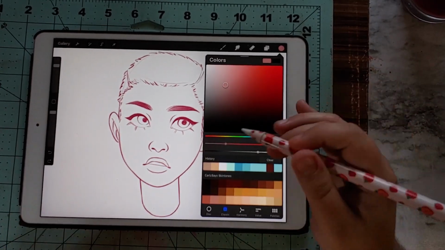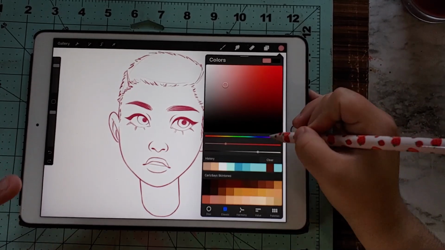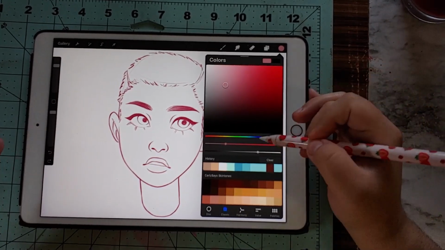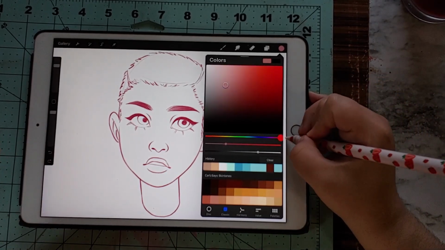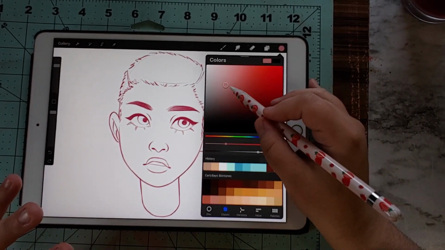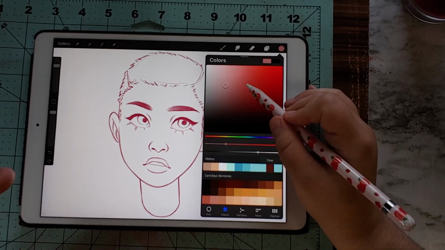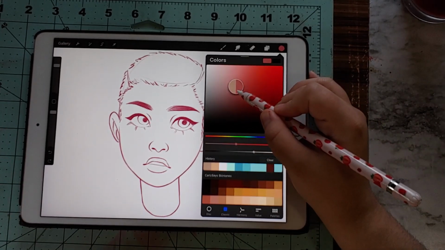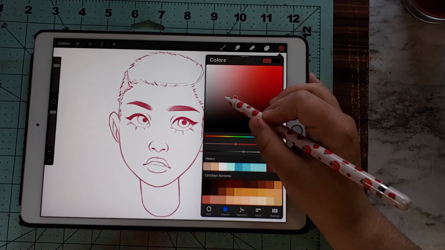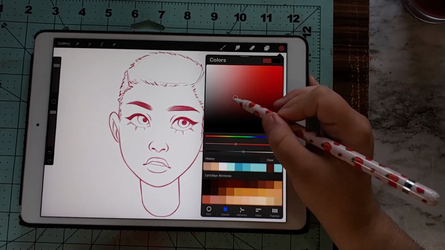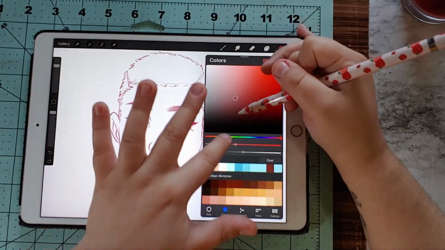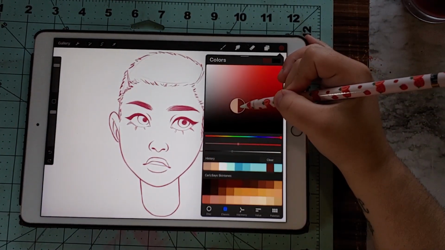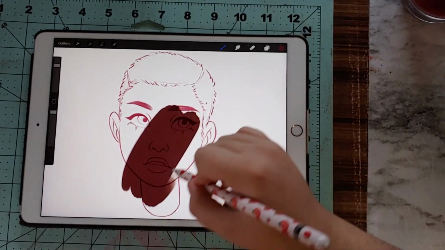It's a fine line when you're working with it on Procreate, because the slightest push and boom, you're in purple dusty rose territory. But you want to stay towards that sort of cool red, not necessarily pinkish purple. And then I can go over here, and obviously this is where all of the darker colors are. You can kind of see where the grays shift. Stay away from the gray, but you can still go down over here